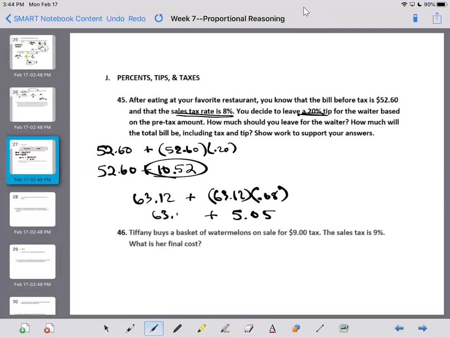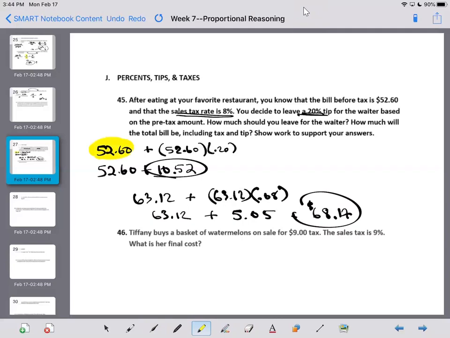Add that to 63.12, and about $68.17 would be my total bill. Now notice there's a lot of adding, there's multiplying involved, okay? So I want you to see, though, this